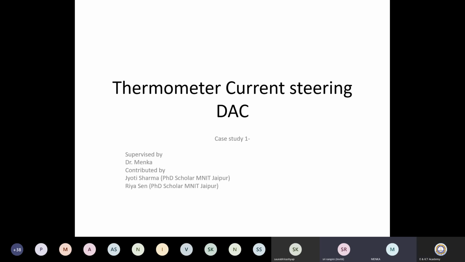If participants are unable to see, then please write down in the chat box. It is visible to me now. Probably there was a delay, that's why it was not visible.